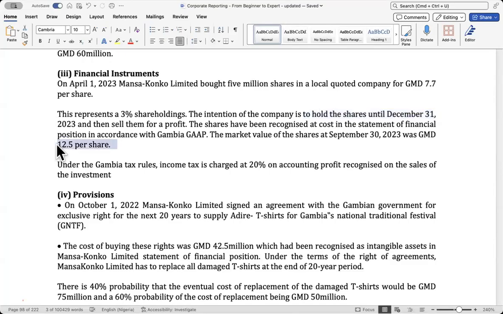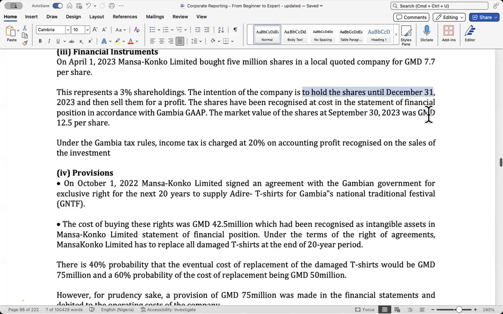At fair value, which is 12.5 at the end of the year, any gain should go to P&L. It goes to P&L because he has the intention of holding it to the end of the year. So that's holding for trading, and that's fair value through P&L. I think we have done that in this class. So to correct that,